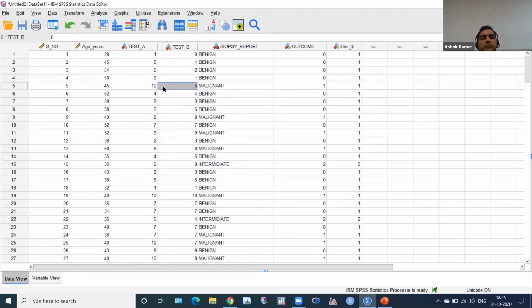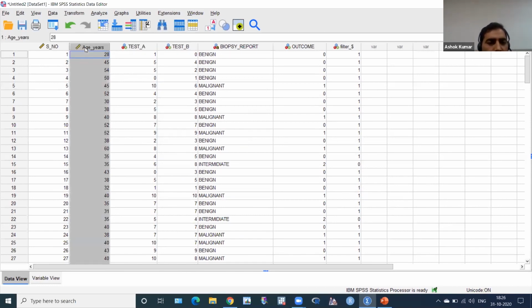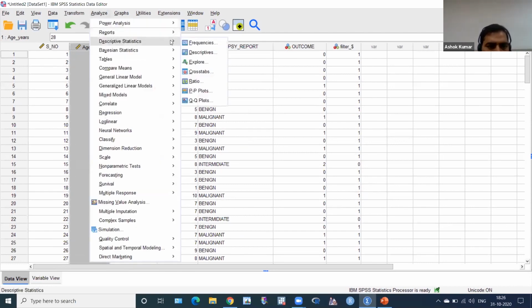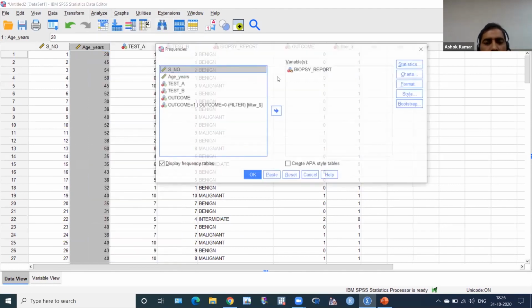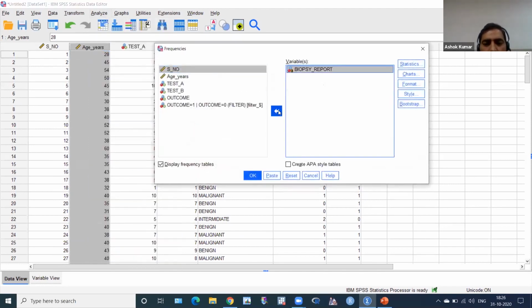Now I want to give coding to a quantitative variable, for example, age in years. So I have to check its minimum and maximum first. Then I can go for coding. Click Analyze, then Descriptive Statistics, and then Frequencies. Then please bring back this biopsy.